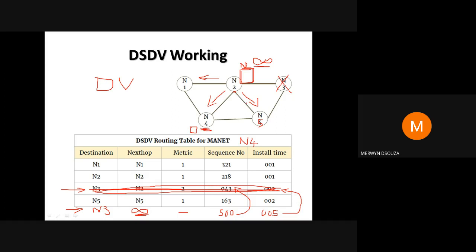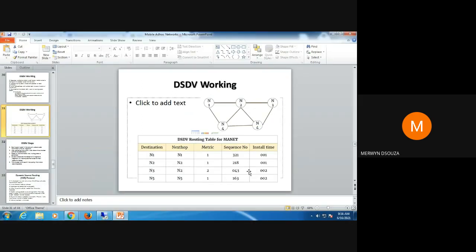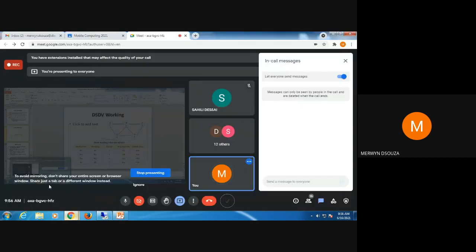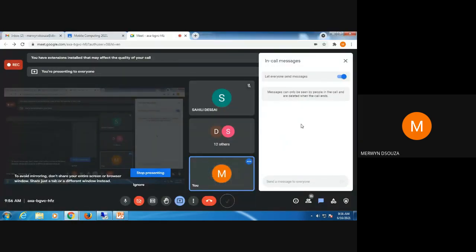Clear? If two nodes discover that entry is not working at the same time, again only one entry would be made in the table, based on the latest time. Only the latest entry would be considered. This way they avoid having duplicate entries in the table for each node. So this is how your DSDV algorithm works in the very simple form.